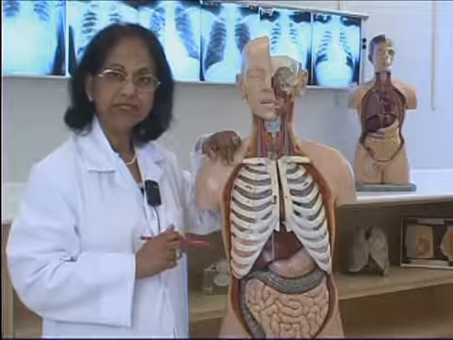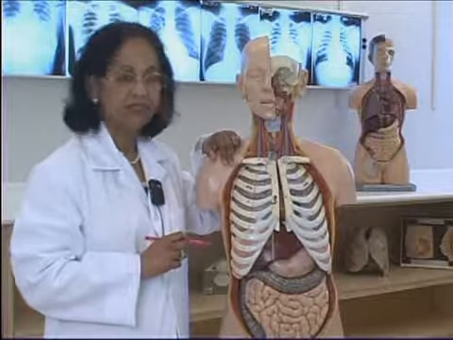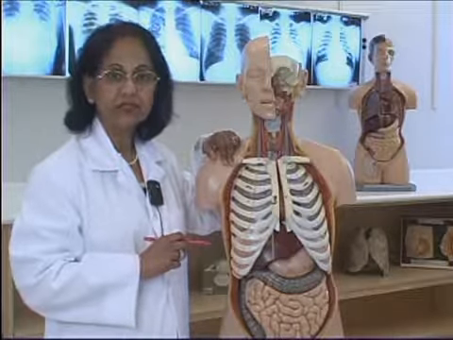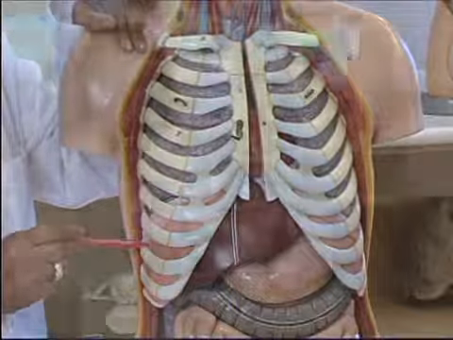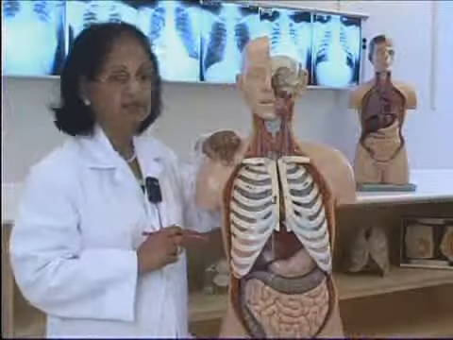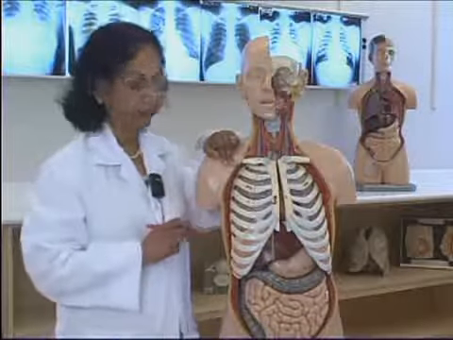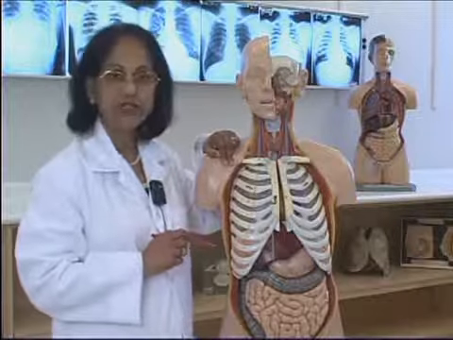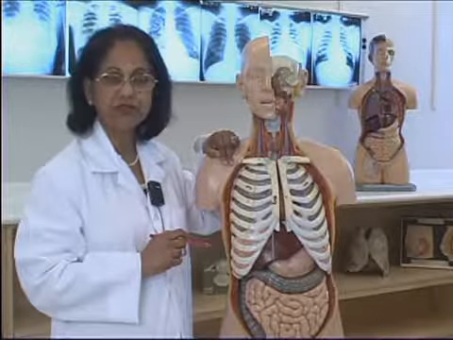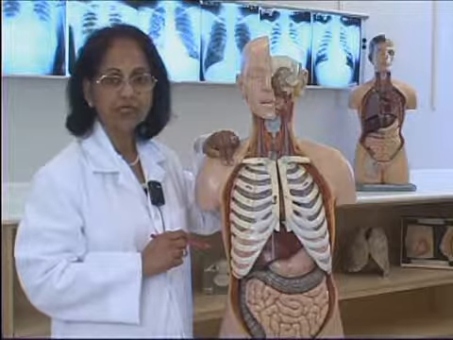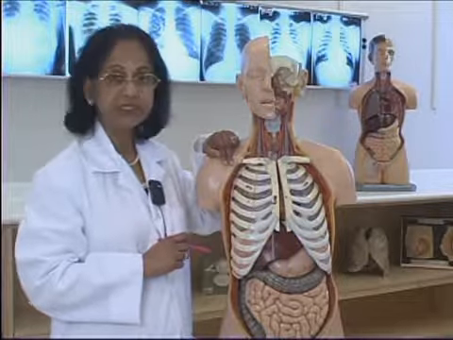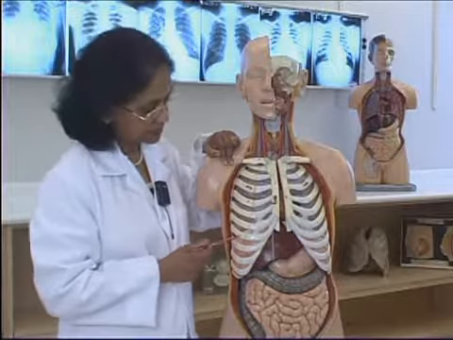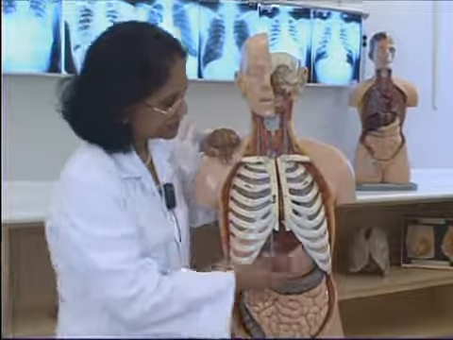Let me talk about the recesses. Recesses are the areas in the pleural cavity which the lung occupies during inspiration. Or this is the area where the pleura reflects at an acute angle from one surface to another surface, forming gutter-like spaces. There are two recesses, right and left